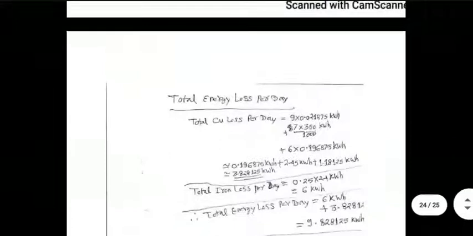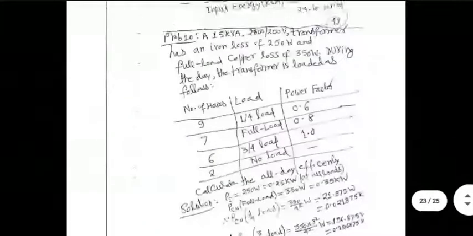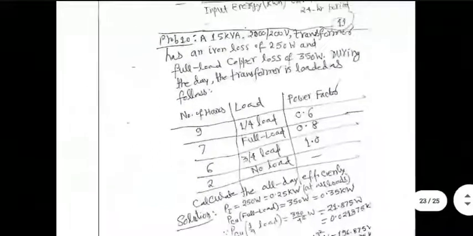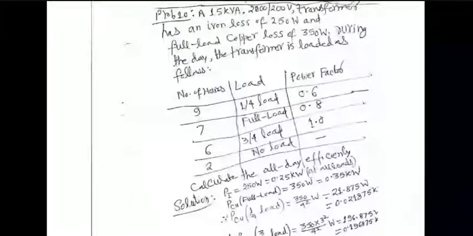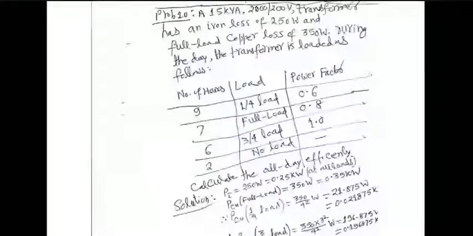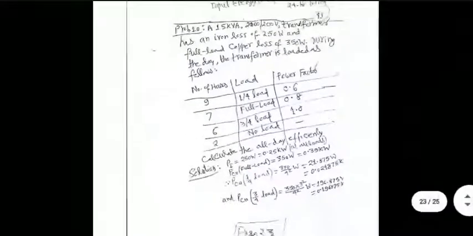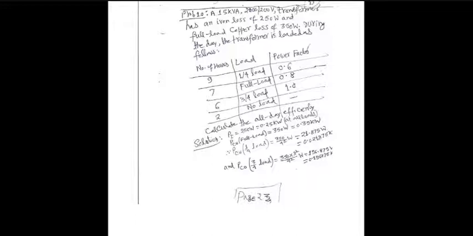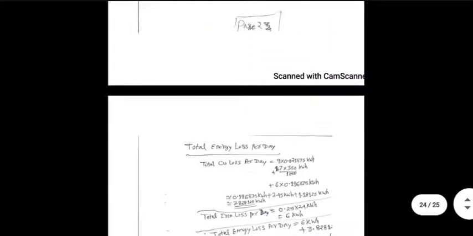So all-day efficiency calculation is a little involved, and depending on where you look, you will see the methodology slightly different, but the philosophy behind the methodology is not changing. That's for sure. Even I change my method depending on how I'm feeling that day. In some cases, I have done tabular calculations for each of the time slots and then summed up the result. Here I have taken the loss and summed it up for the entire period systematically. We will see more problems on all-day efficiency in other documents also.